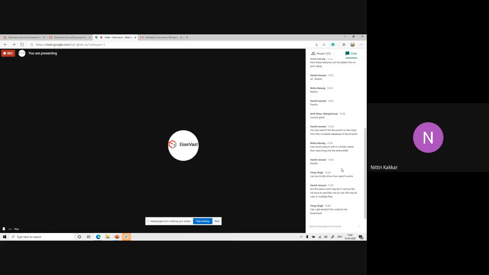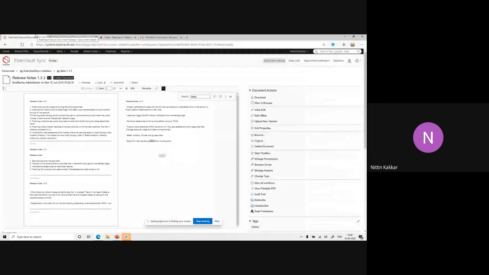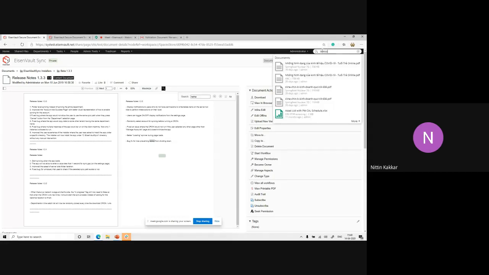Say just go back to the search page, Rajesh. Yes. So just type in laptop again, and you can use a combination of plus or minus. So just type in plus release.